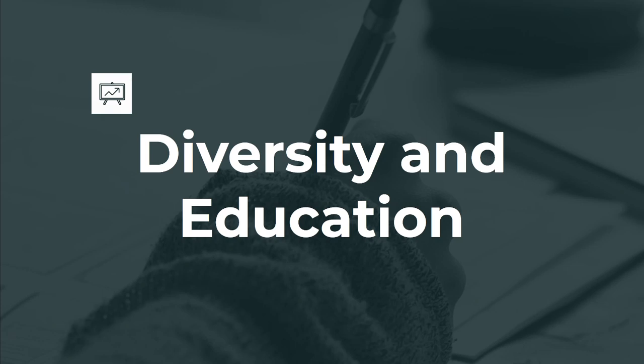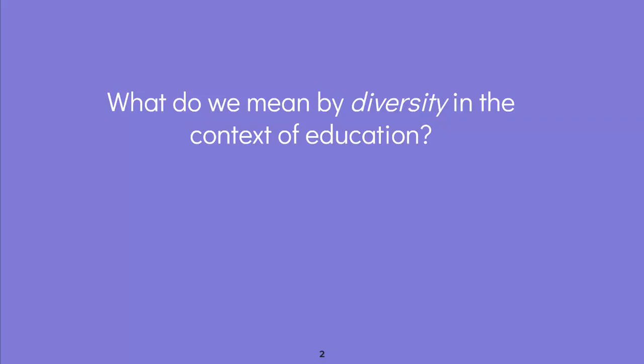Here we will take up the topic of diversity and education and consider how diversity works in our public school system. So, what do we mean by diversity? Are we speaking of diversity in terms of categories such as race, gender, and SES? Well, kind of, but simply saying the color of our skin, the gender identity we espouse, or the SES in which we live is diversity seems a bit static. Maybe we need to think about how diversity works in education.